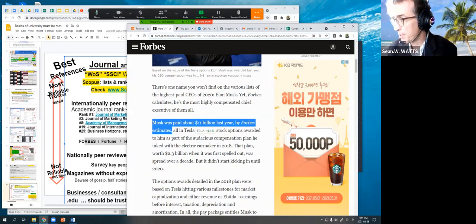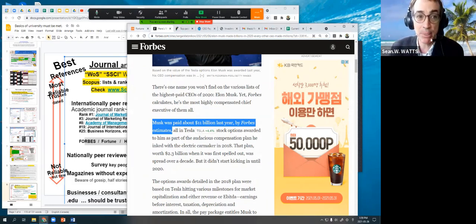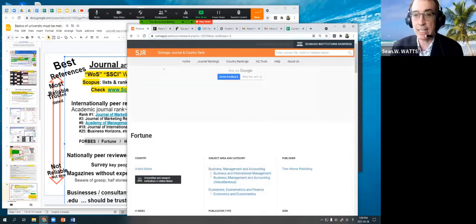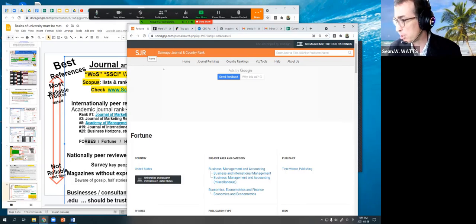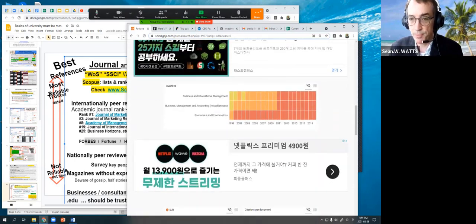Why did I talk about them? Why did I list them? Because Fortune is listed in this Scopus. This is basically the Scopus journal ranking information. If you click on Fortune, it will list it here, and it shows you this is a Q4 or a